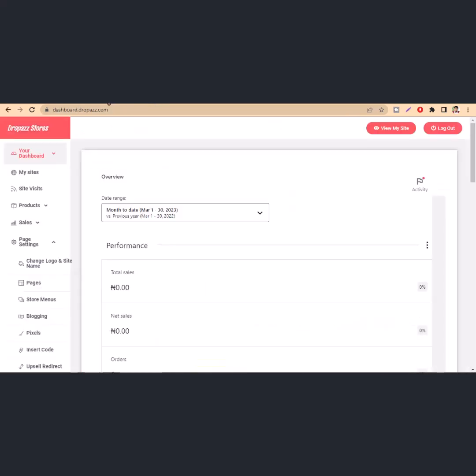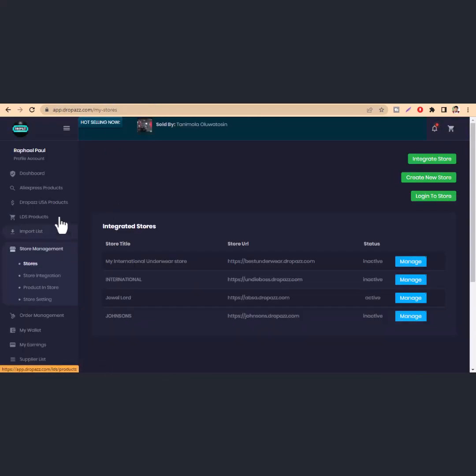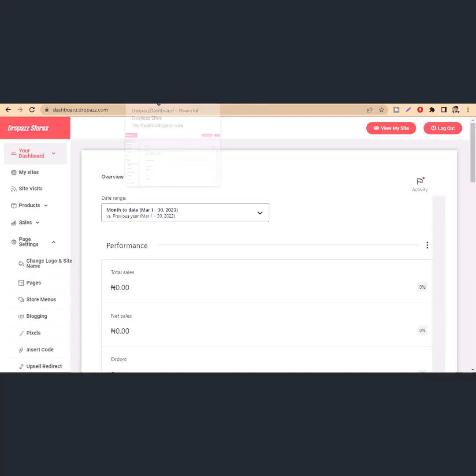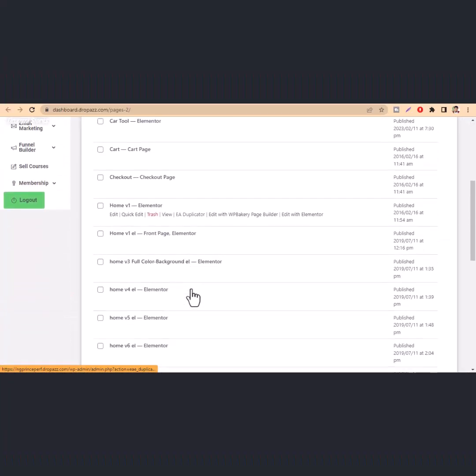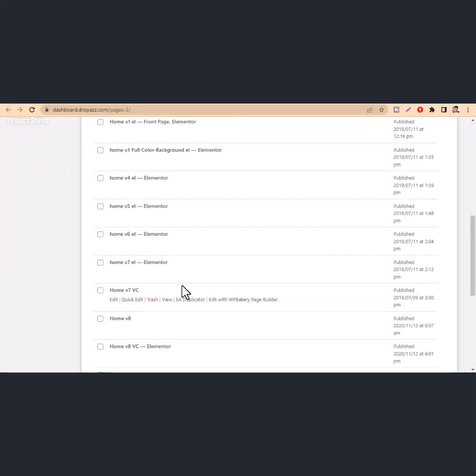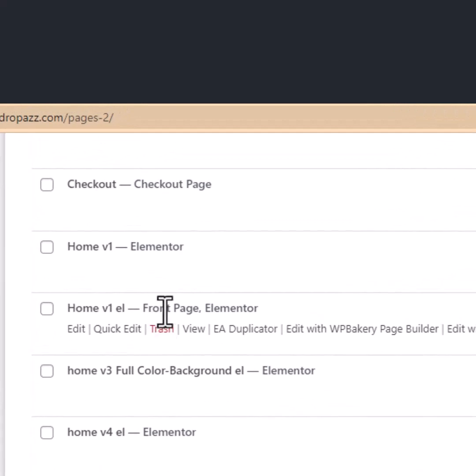All right. Now, in case you are not logged into your store, come here, go to log into store again, and then you find yourself on the dashboard here. Then go ahead and click pages. And once it loads like this, just scroll down and locate a particular page that says front page, comma,